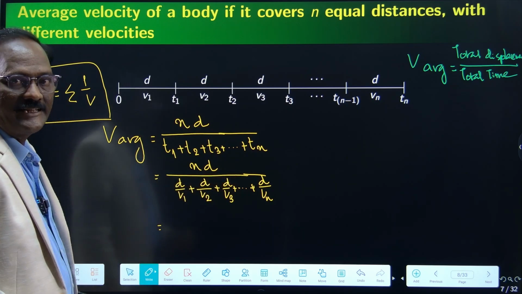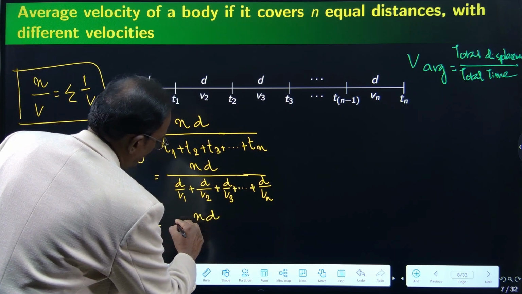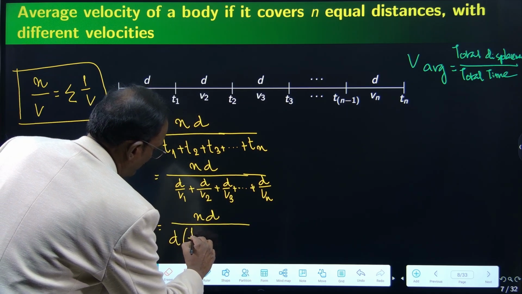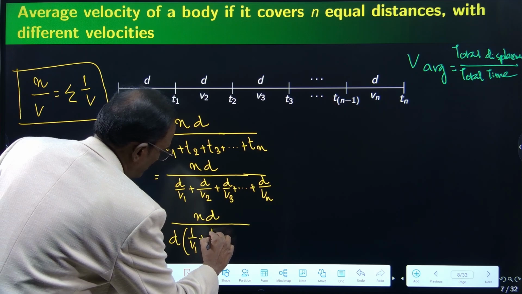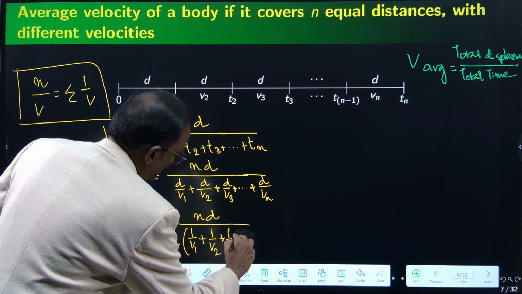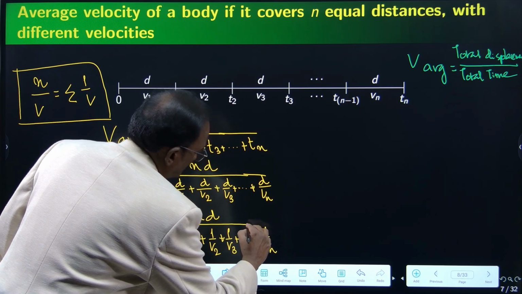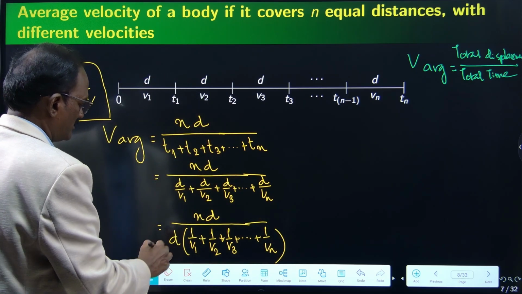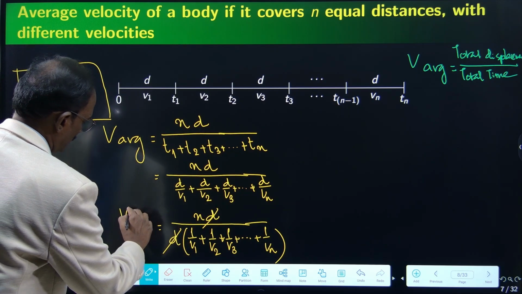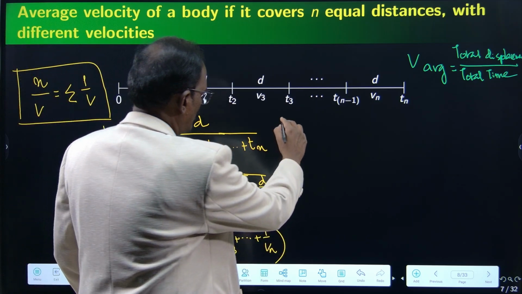We are seeing d common, we can take it outside: n upon d of 1 by v1 plus 1 by v2 plus 1 by v3 plus dot dot plus 1 by vn. So this d can be removed. This side it is v average. So v average is equal to